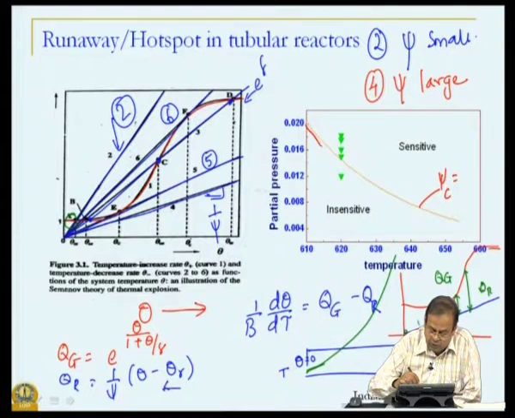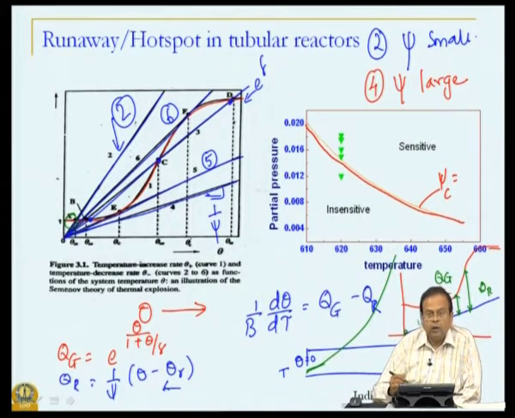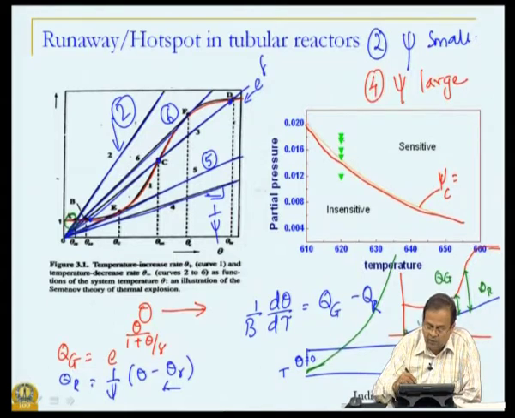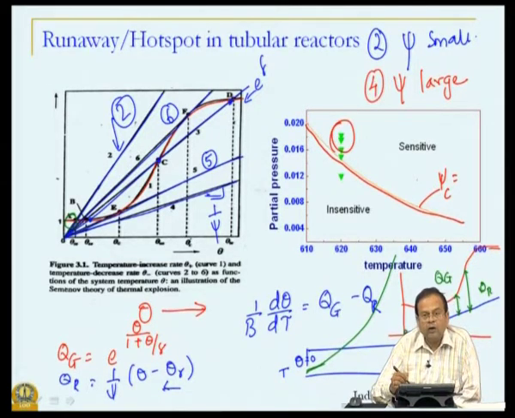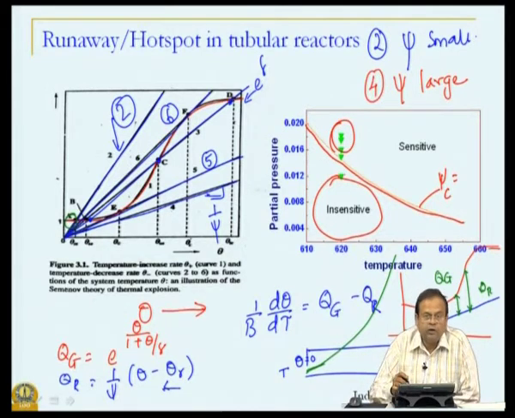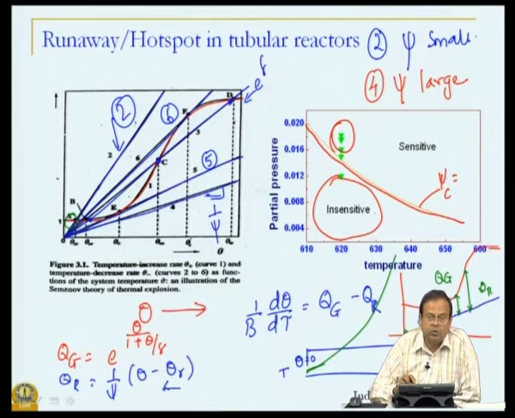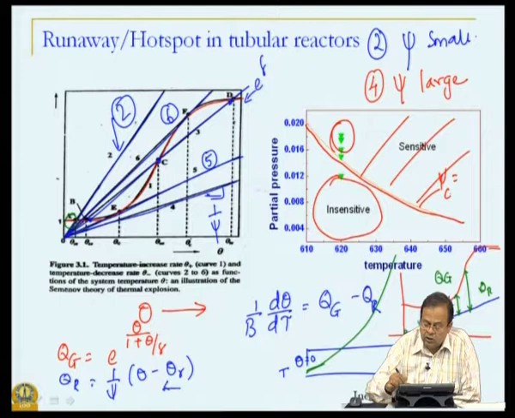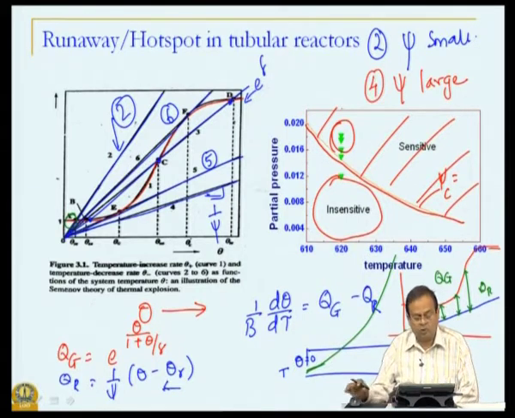Now, we get this separatrix, and if the combination of P10 and T10 is such that our psi value is in this regime, we have a runaway reaction or sensitive region, and in this regime we have an insensitive region. So, this gives us a kind of operating guidelines as to what inlet temperatures and pressures we should be avoiding. Anything in this region is a recipe for disaster.